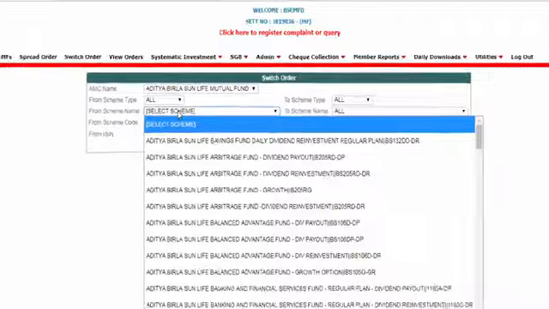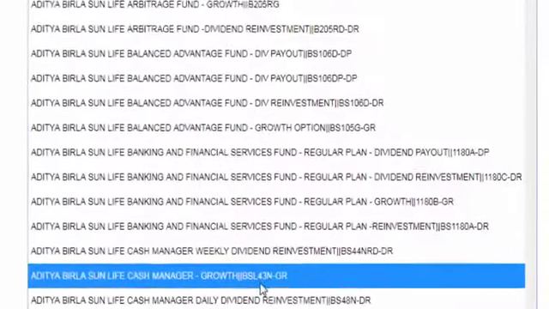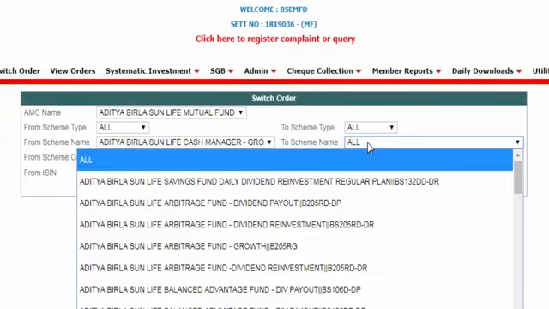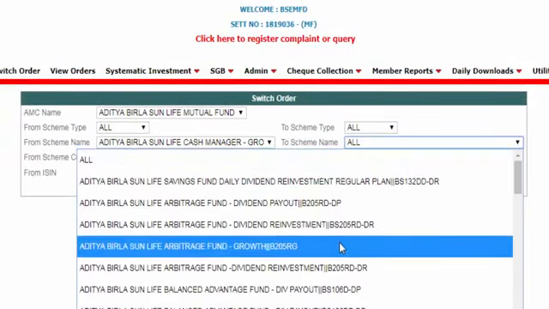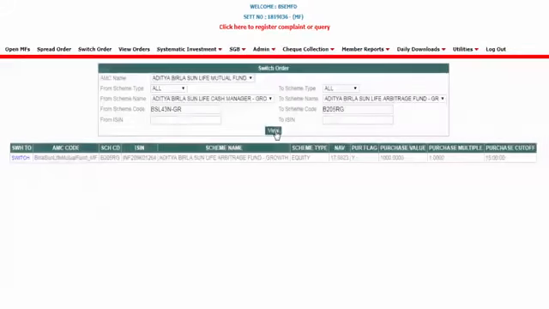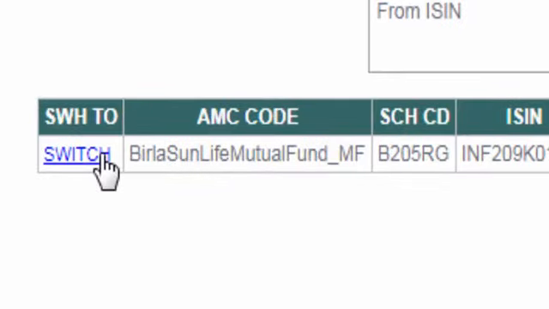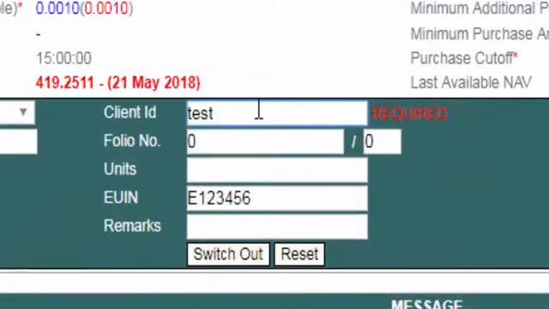select from which scheme you would want to switch out, select which scheme you would want to switch into and click view. Next, select the switch tab, enter the client code,